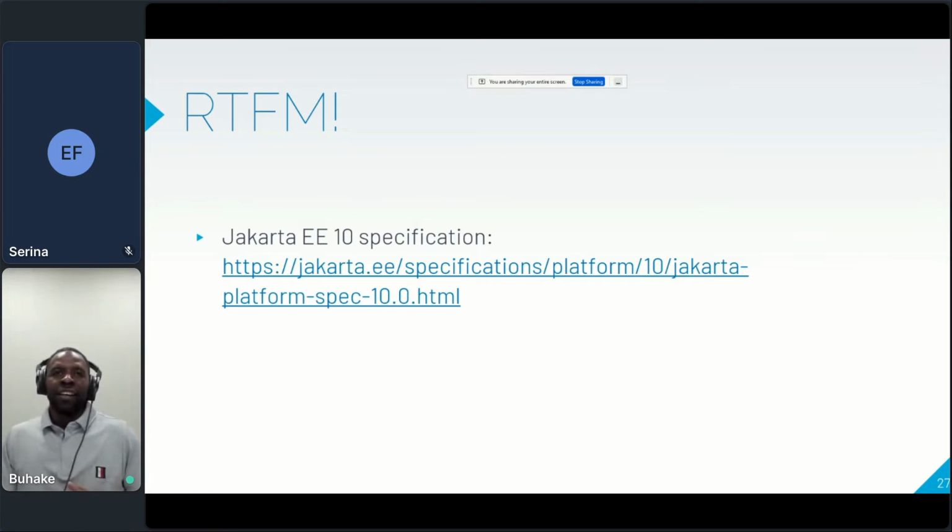For example, when I moved my application from JSF 2.3 to JSF 4, which is the Jakarta EE 10 version, a lot of things changed, not that much, but I saw a lot of things that were generified.